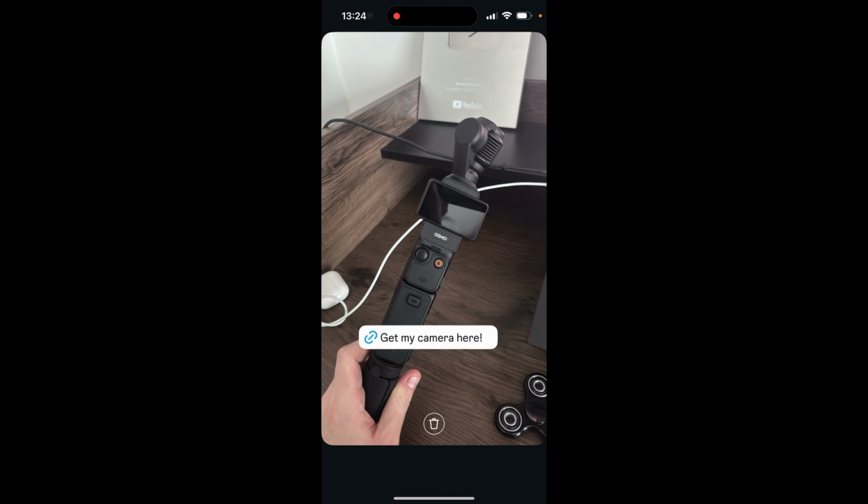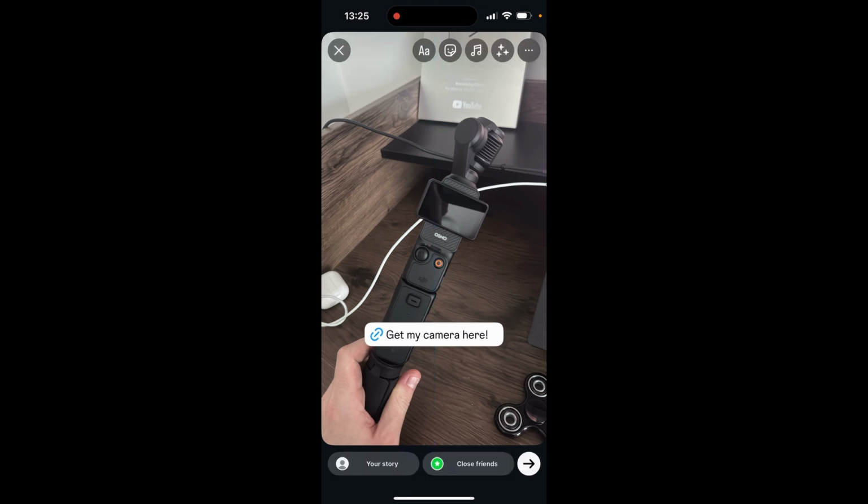Now you've essentially got a link to this camera, and then you can just go and post it. Then when people click on that link, it will take them to Amazon,